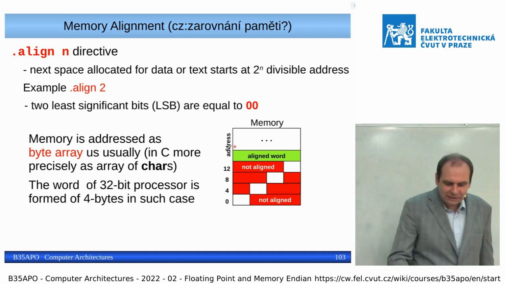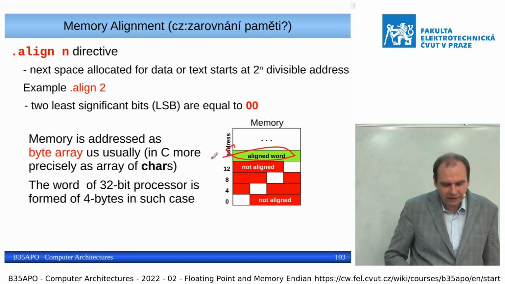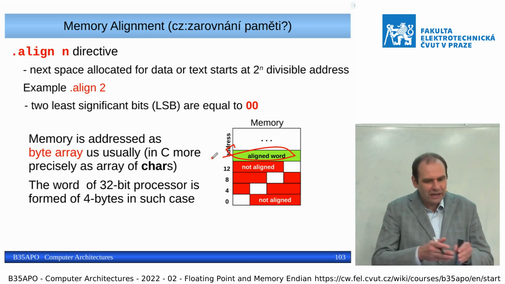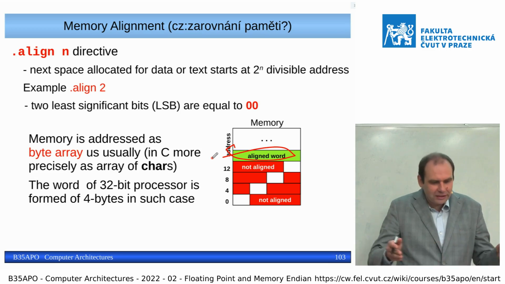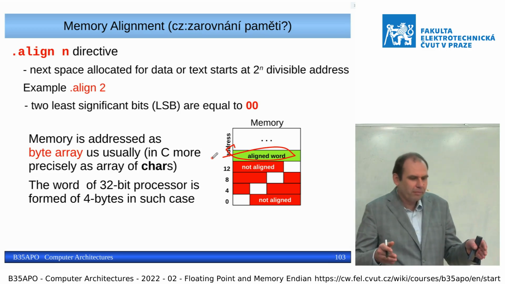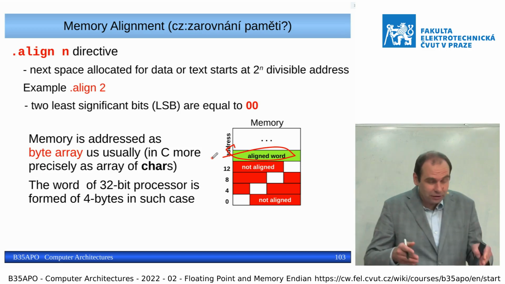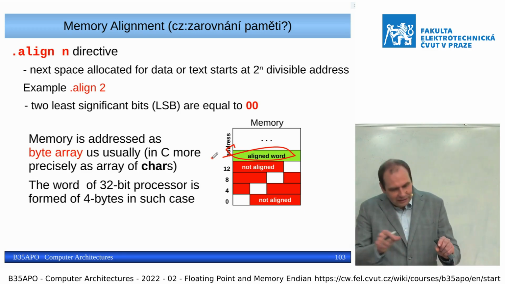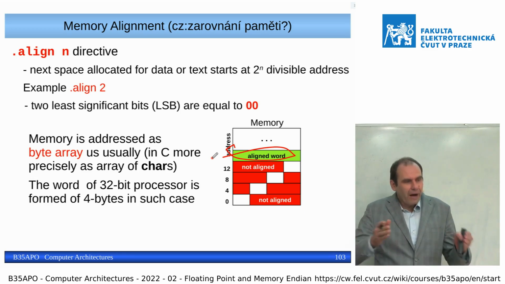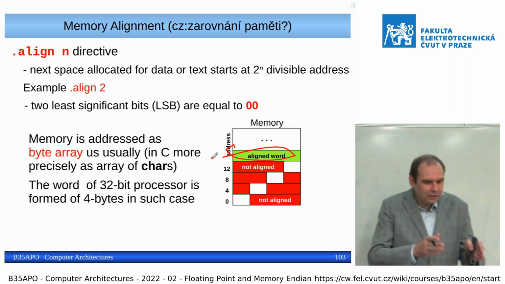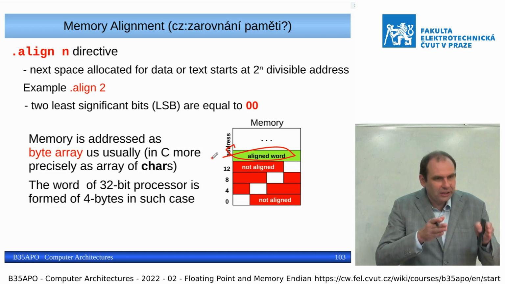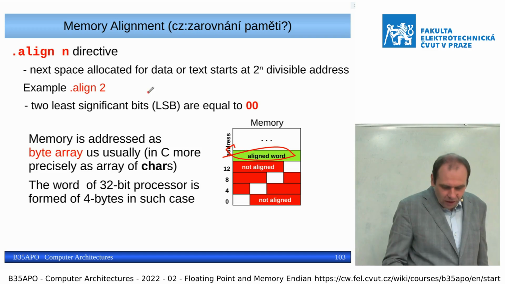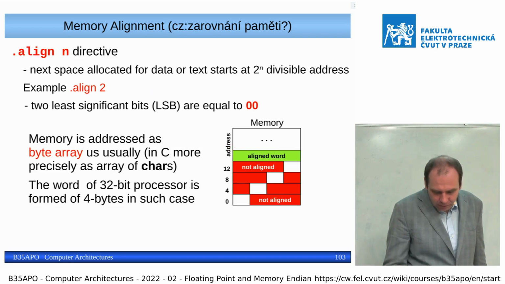Then it is important that sometimes we want to have the values aligned. It is faster to read values from memory if that memory is organized not by single bytes, but today it is usually organized by 64 bits, or in the cache and so on, by 256 bits. We can usually address individual bytes, but if a 32-bit or 64-bit value is naturally aligned in memory, then we read it faster. So there is a possibility to align, and by default compilers align the